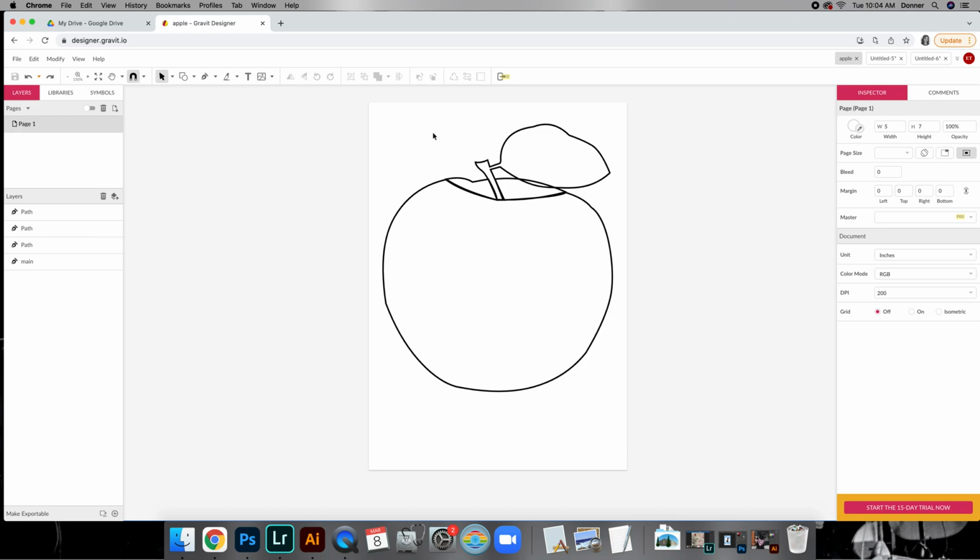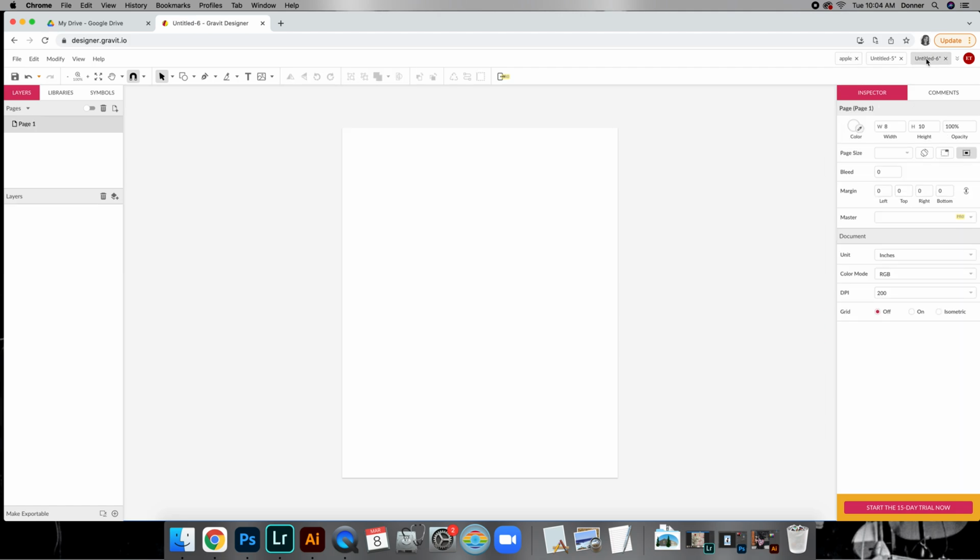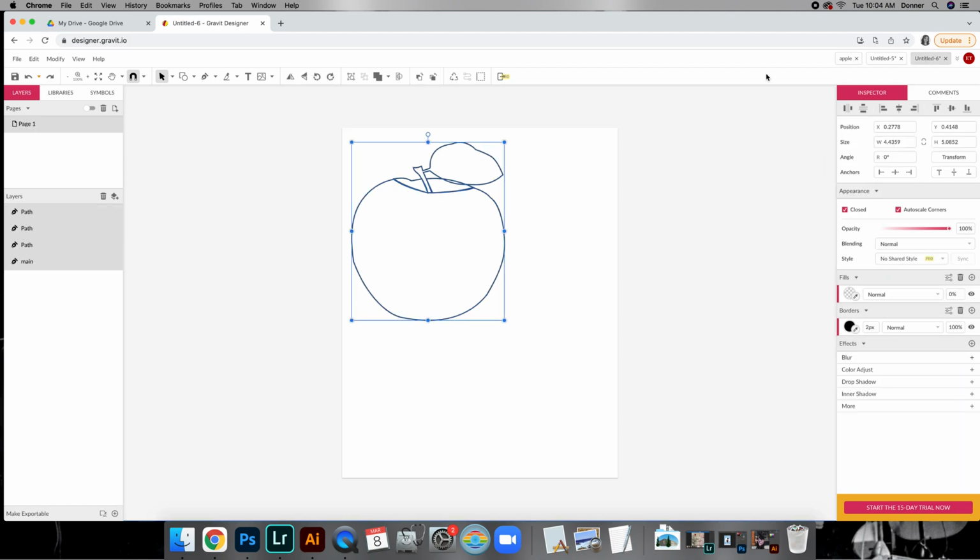So the easiest way to do this is if you click off of the apple, click and drag and highlight, and you can see that all of these layers are now highlighted. And we're going to do Command C, Command V, or if you have a PC, Control. And then we're going to go over to our new document here, and we're going to paste that in. Now we're going to make this a little bit smaller. I don't care about your arrangement as long as it's labeled, you have all the content. So I'm going to hold down Shift, make this just a little bit smaller,